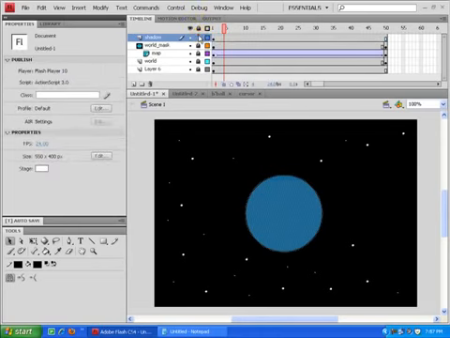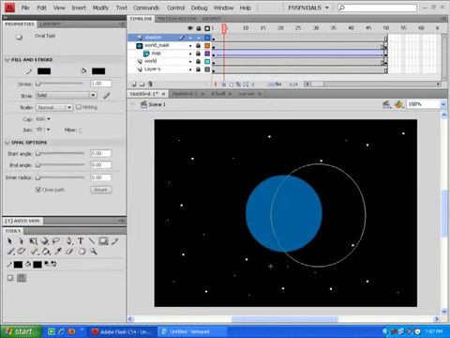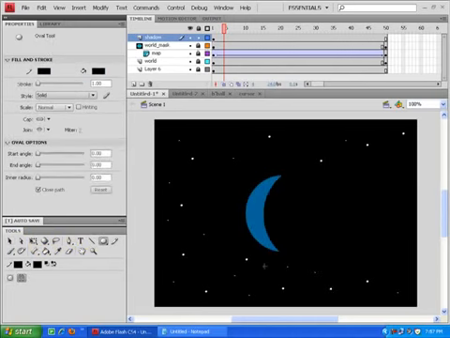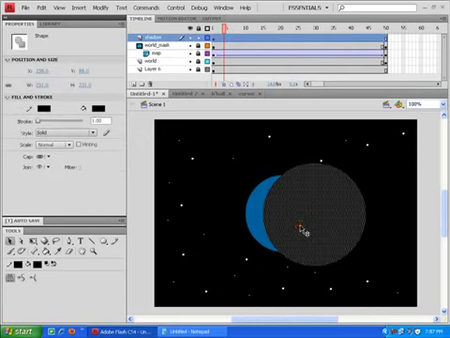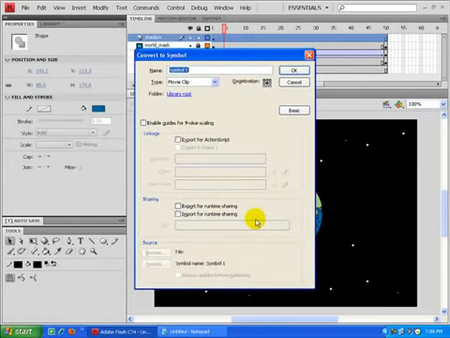We'll lock all the layers except for this one, and I'll come up to the oval tool, make a circle just over the top of it, delete the part we just made, delete the line on it, select what we have left, press F8 to create symbol, call that shadow, and we'll spell it right, shadow,